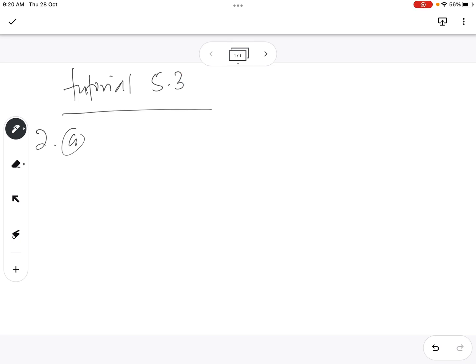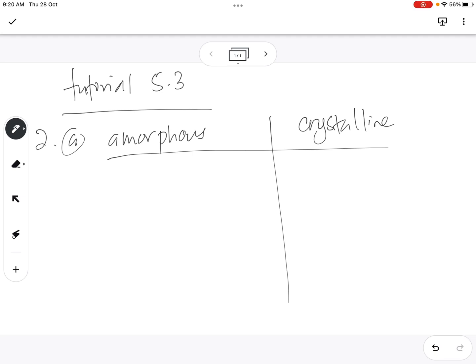So this differentiate question we do in a table: amorphous, and then another column called crystalline. Okay, we have two types of solids. The points for these two we can find in our notes. So you can open the notes and check under solid. Those who are at home also, you can open 5.3 solid and look for amorphous and crystalline. In my notes it is under slide 122. If you open slide 122, that is the answer.